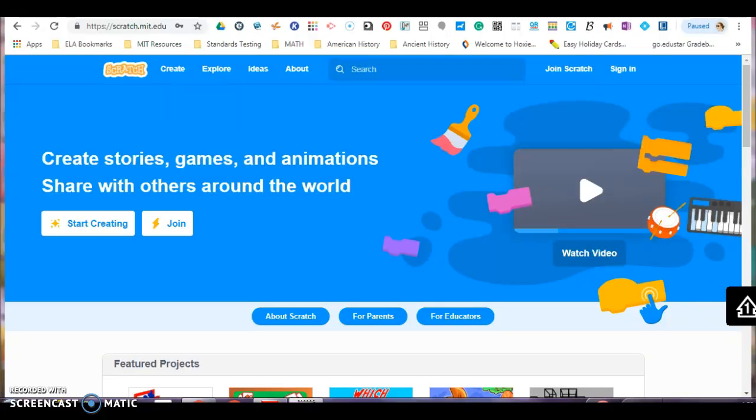Hi, this is Leah Heskett, and one of the 5 technologies I chose was Scratch. My students have already been exposed to Code.org and Tinker, which they really liked. So I thought we'd try another coding one, and so for Scratch, it's